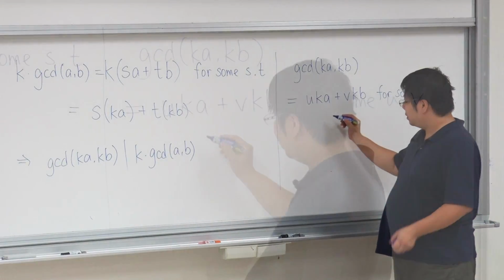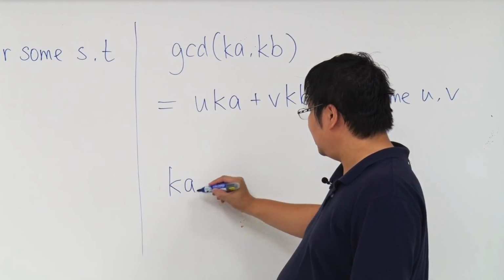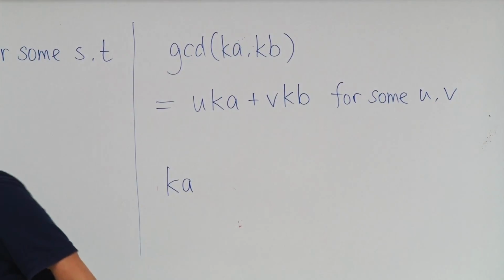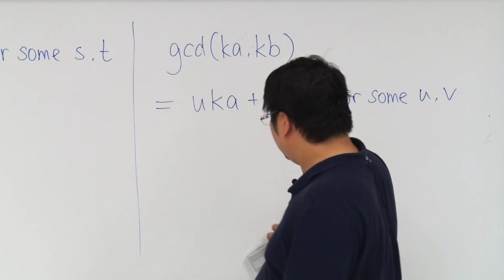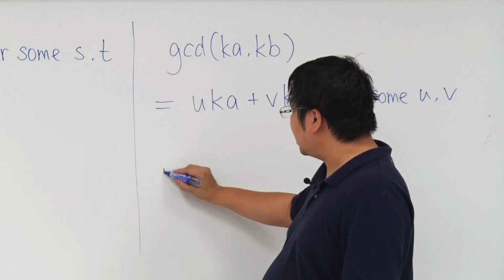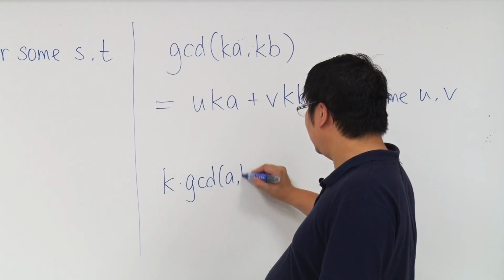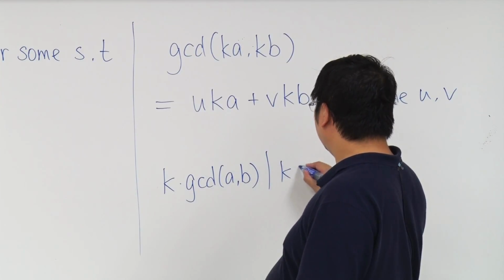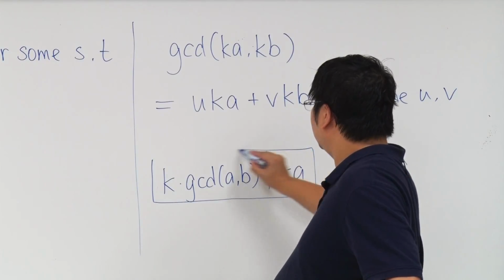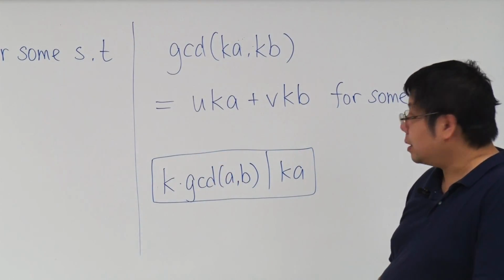So first of all, we know what? We want to show that K times GCD of AB divides Ka. We are claiming this is true. The reason is that